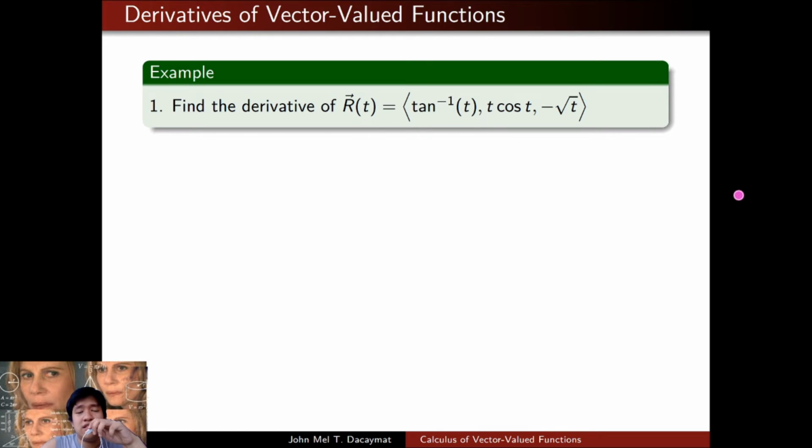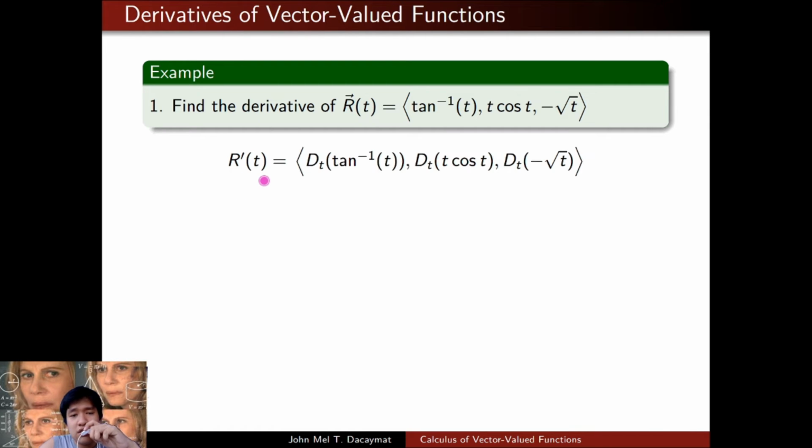Game. So let's do just this example for your derivative. Dali lang naman. It's very mechanical. Just take the derivative of each of your components. Halimbawa, ito, yung derivative na to ay components having the derivative of the components of r. Isa-isahin natin. Derivative ng tangent inverse, well, it's just 1 over 1 plus t squared. I hope you remember. Itong derivative ng t cosine t,